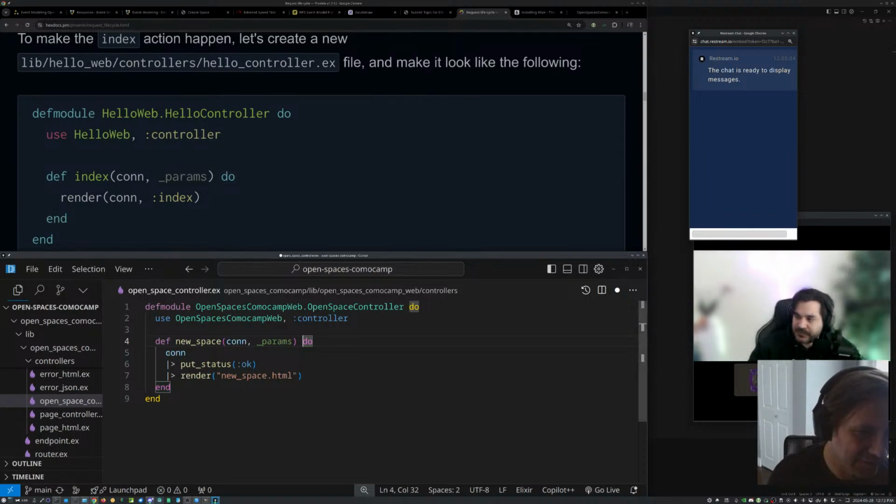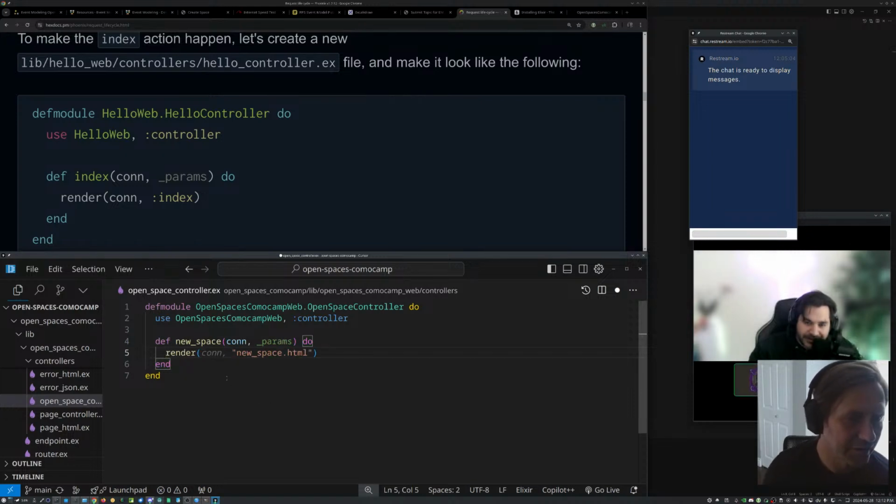We don't want this. We just want render like it does. So get rid of all this other stuff. I don't know what those symbols are, but whatever. That is called pipe. Basically, it takes the return value of the previous call and puts it as the first parameter of the next one. So kind of like pipes in Bash. Yeah, you take the return value of the call and put it as the first argument of the pipe.